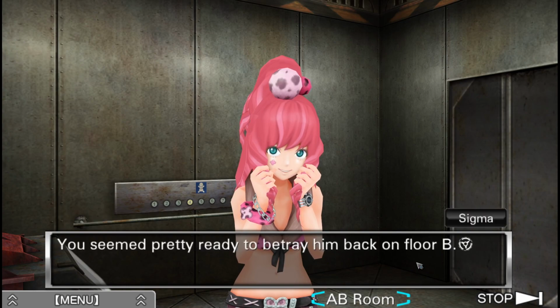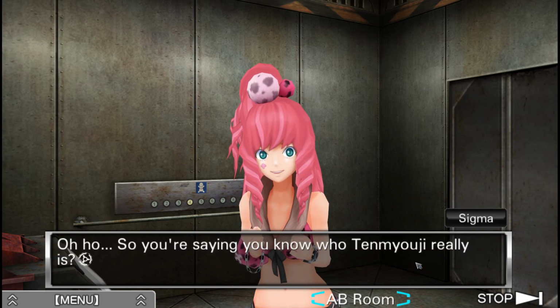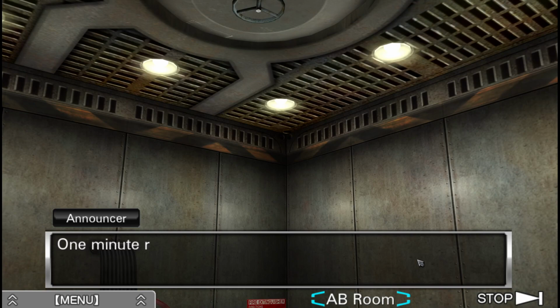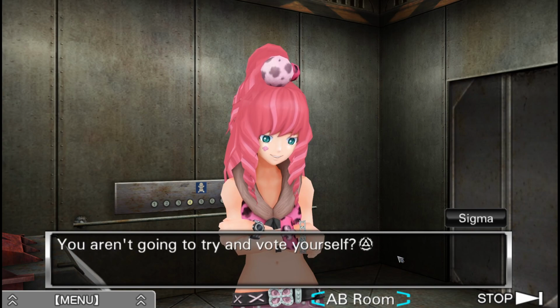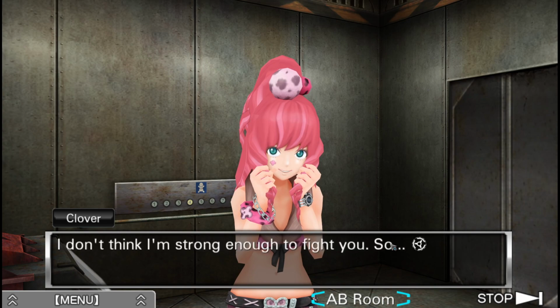You seemed pretty ready to betray him back on floor B. That's because I didn't know who he was. Oh. So you're saying you know who Tenmyoji really is? Well, if what he told me was true, yeah. One minute remains until Ambidex game polling closes. Please, choose Ally. You aren't gonna try and vote yourself? If I try, you'll just throw me off, right? I don't think I'm strong enough to fight you, so...